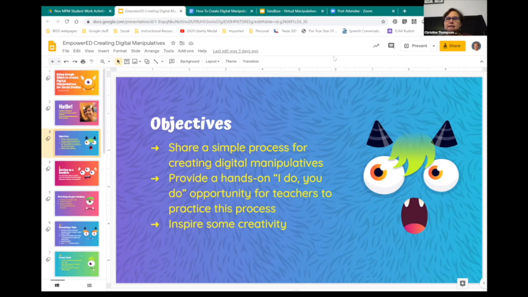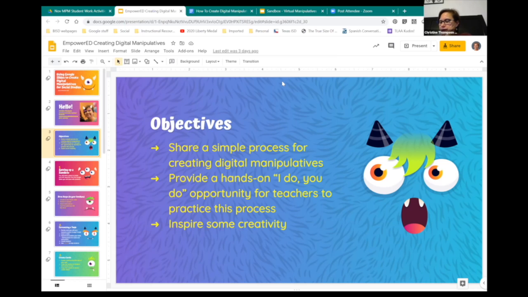I was telling Shelley, I kind of see this as a low tech, high tech way to do this, in that there's probably an app that does some of the same things and does it differently and maybe even better. But what I wanted for my teachers was a way to create these without having to learn a new tech app. We have a lot of experience with Google, and a variety of levels of experience with Google Slides. So that's why I wanted to use something that teachers already knew.